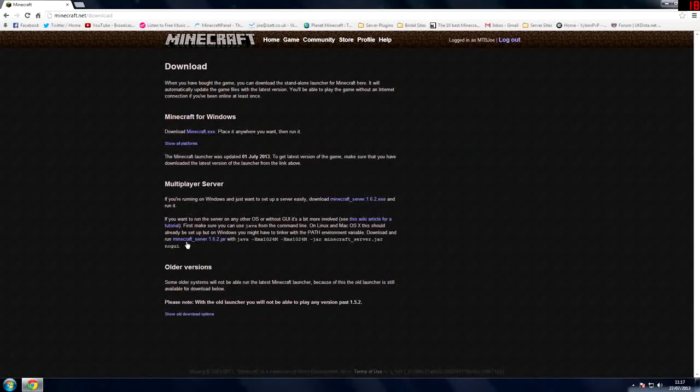Then what you want to do is download the Minecraft_server 1.6.2 jar. This should update every time a new server is released, but I'm going to show you how to do it the standard way. You can run it with a Minecraft server exe, but then you can't allocate RAM, or it's a lot harder to allocate RAM basically. So with this, just download that,